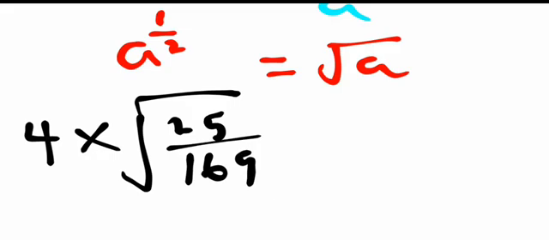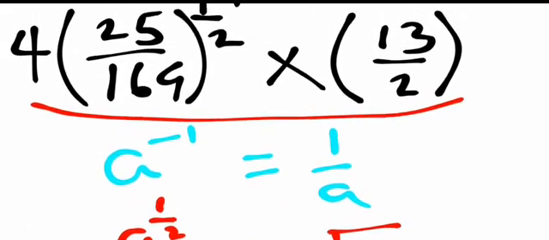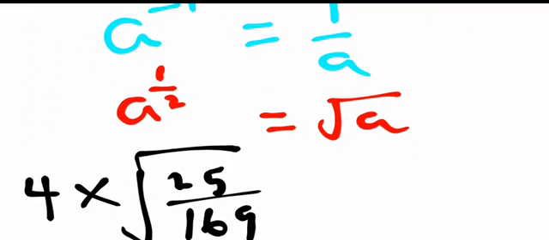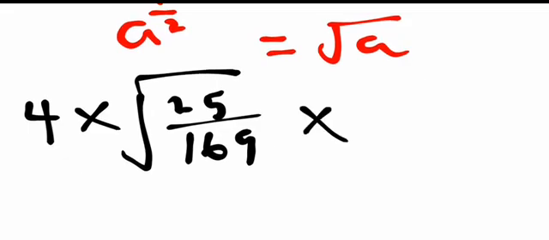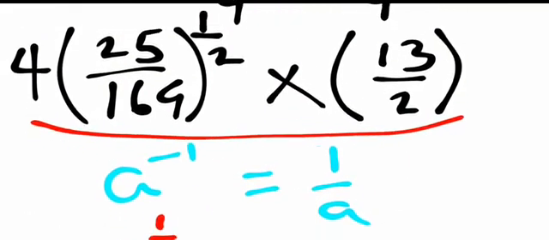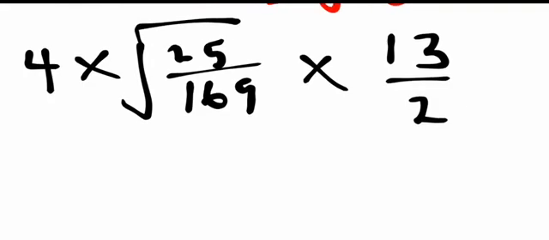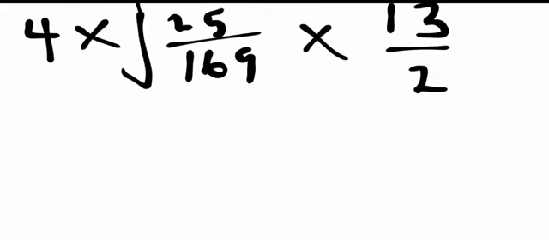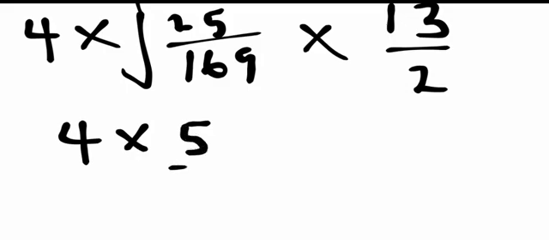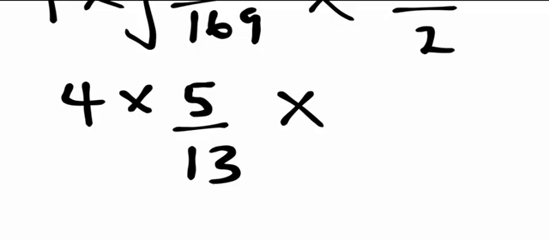And what we are doing is that we are taking the square root of 25 and square root of 169, then times what we have, that's 13 over 2. So that's 13 over 2 there. And by the time we take square root of 25, that's 5. So we now have 4 times 5. And when we take square root of 169, that's 13. Then times